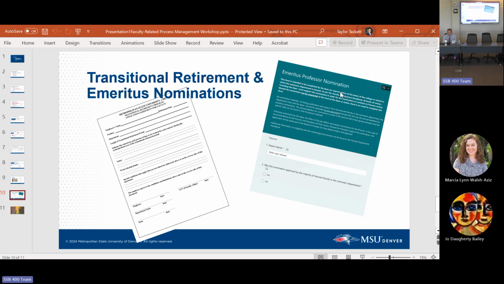Basically, the Office of Faculty Affairs works with HR, Amanda Berry specifically, to make sure that transitional retirement agreements are signed, that everybody understands what comes with those agreements, and then that whatever benefit changes occur take place. We had pretty smooth sailing this year. We had one faculty member with some summer conflict, but we ironed it out.